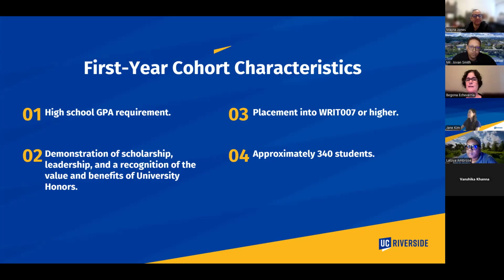They were all read blind so that we weren't unduly influenced one way or the other by what we thought about your background. We have the high school GPA requirement, which was 3.8, and the essays in particular were very carefully written in collaboration with the student ambassadors so that we got a sense that you were a good fit with University Honors, that you're already very high achieving, but with a demonstration of your scholarship and your leadership, and that you understood what University Honors was, what our program offers, what the living learning community would be like, and that you would really thrive in this community and contribute to it as well.